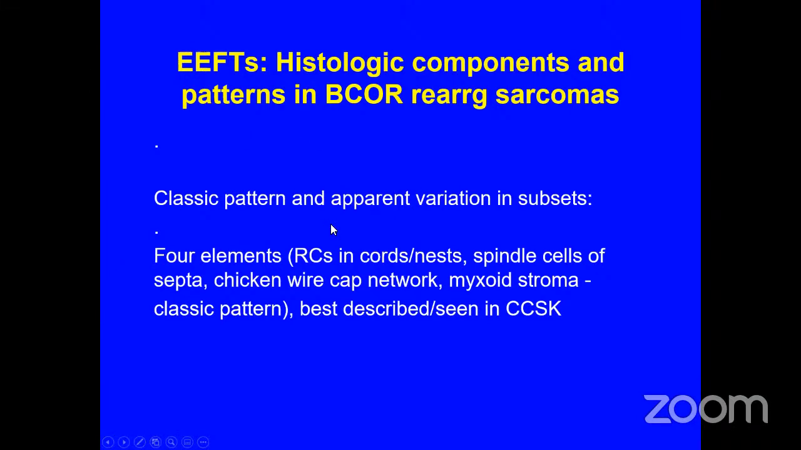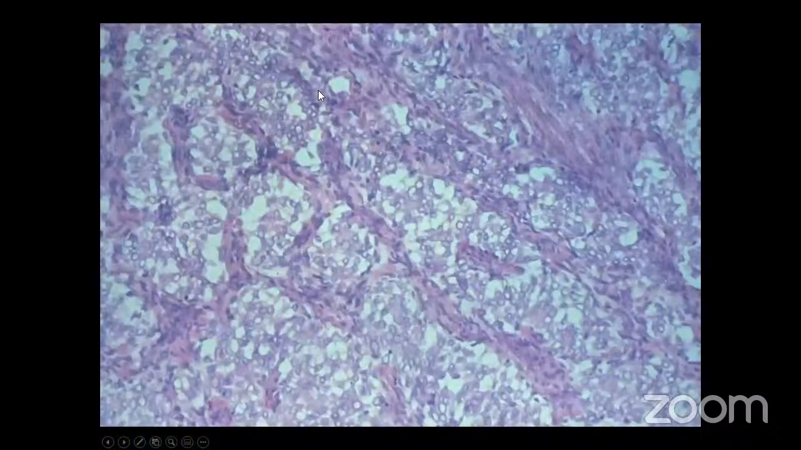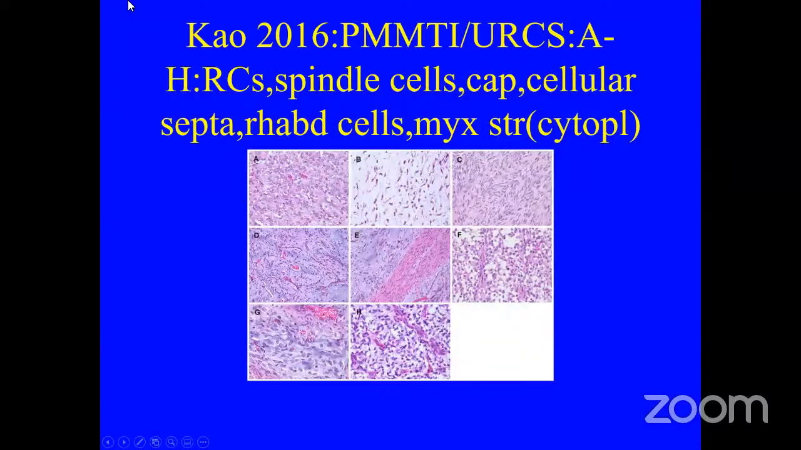So histologically, I told you that these tumors show the classic pattern with variation in some subsets, and it consists of 4 elements that are listed here on this slide. And these are the 4 elements shown here: round cells, septal cells, septal spindle cells, the capillaries, which are the chicken wire capillary network, which is hiding in the septa, and the myxoid stroma, the four elements. These four elements may be present to a variable degree in the variants, different subsets of BCOR